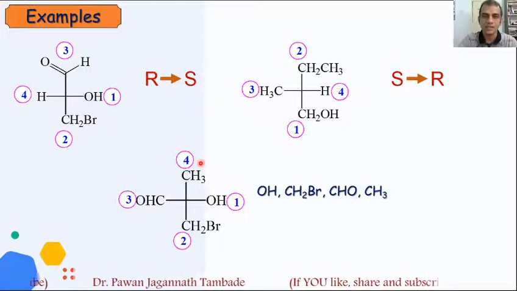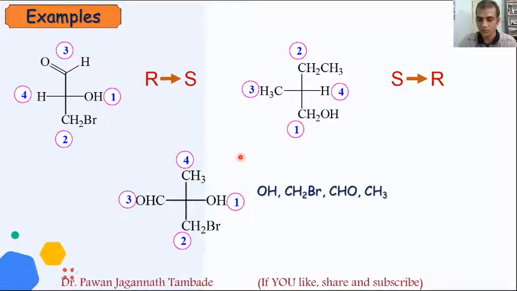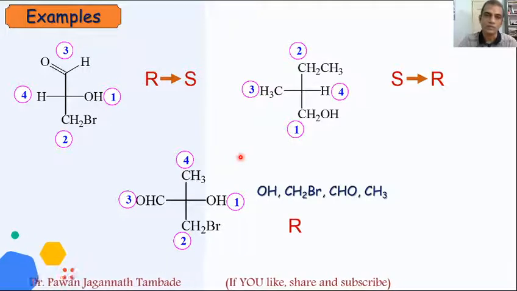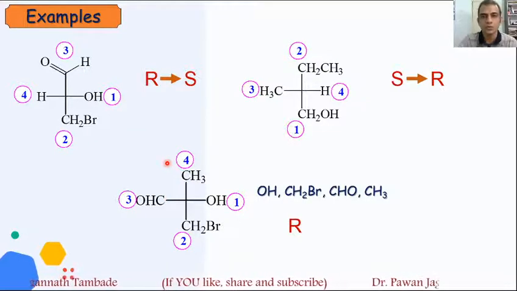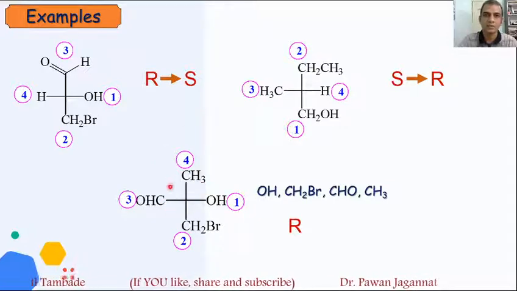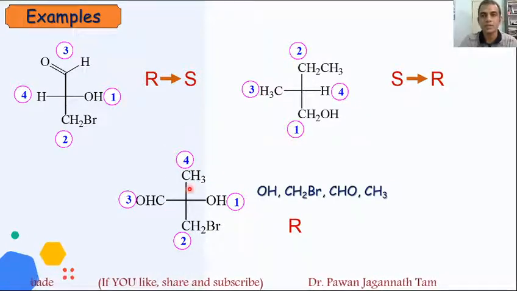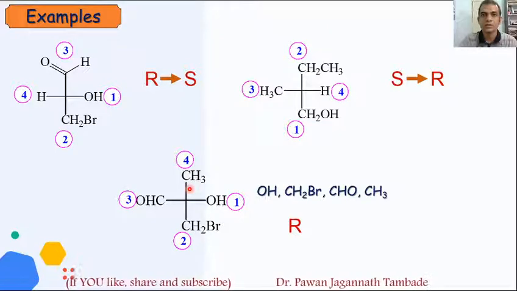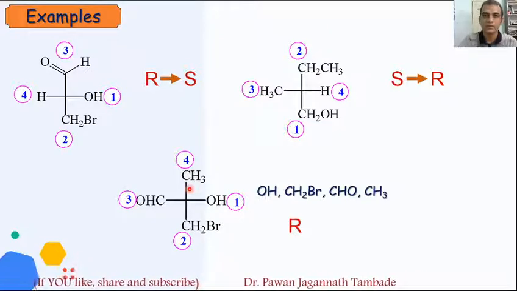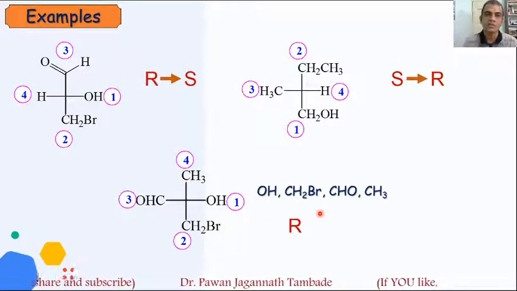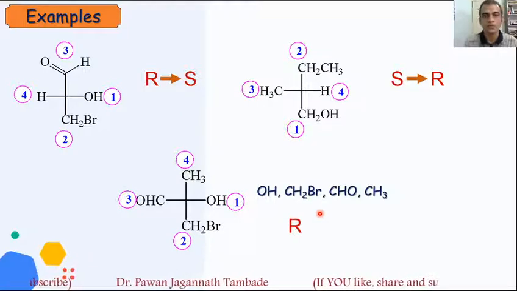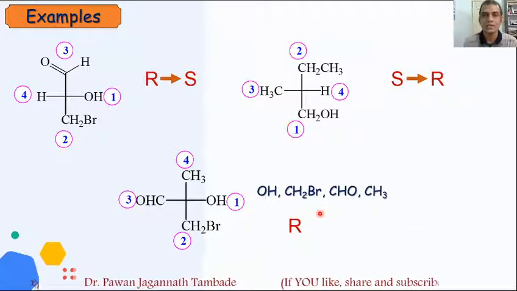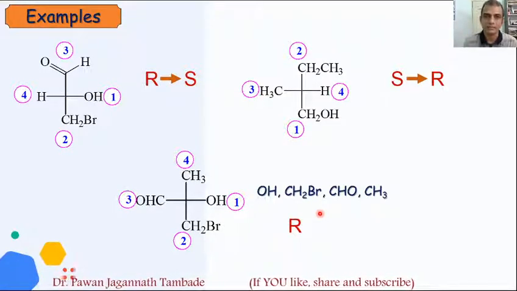This CH3 is away from the observer, and thus this molecule is having R configuration. Now in this case there is no need to use opposite rule, as the fourth priority group is already present away from observer. So this molecule got R configuration. So this is how we can assign R and S configuration in Fischer projection formula if it has only one chiral center.